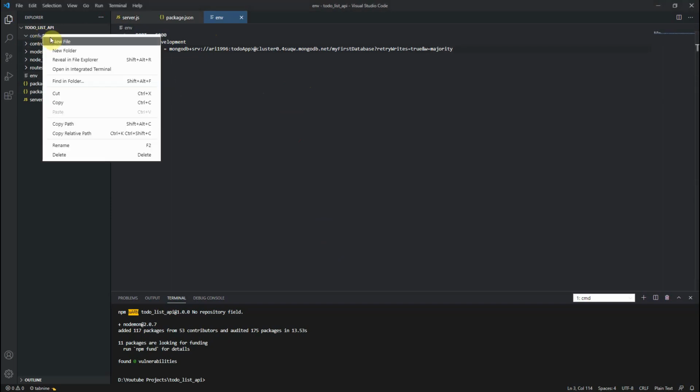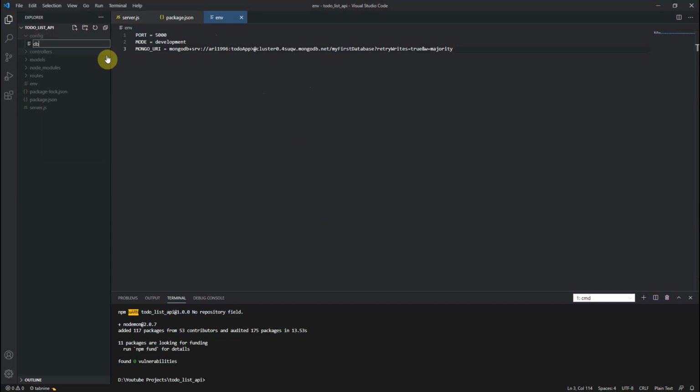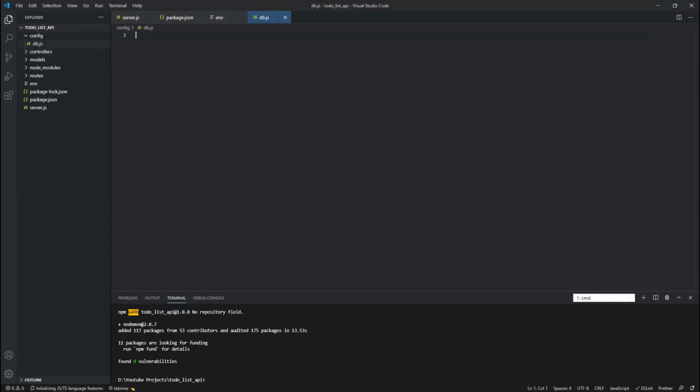Now go to the config folder, then create one file, db.js. In this file we will configure our database, meaning Mongoose. Oh sorry, I forgot to install Mongoose. Mongoose is the package which helps your application communicate with MongoDB.